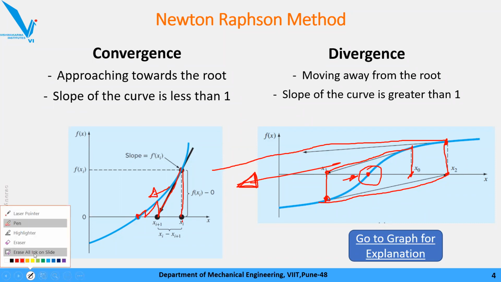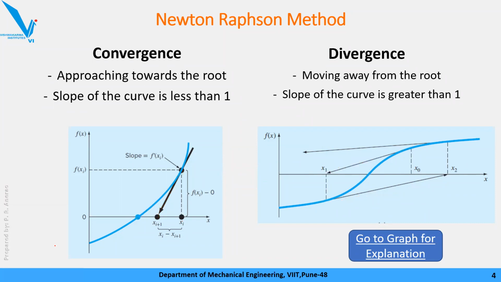Okay, now just try to imagine yourself. What did you do? You are solving a numerical. You would like to find the root of an equation. You took a guess and you start doing iterations. 10 iterations happened, 15 iterations happened, 20 iterations happened, but you are not getting the answer. You are not at all satisfying the criteria of accuracy, or you are not getting the root. It will be a big problem, right? You have wasted a lot of your time.